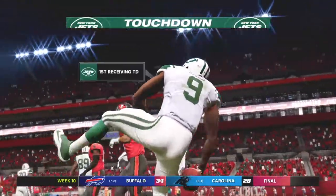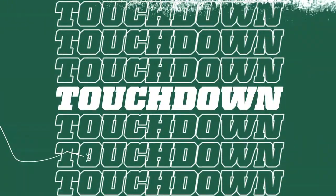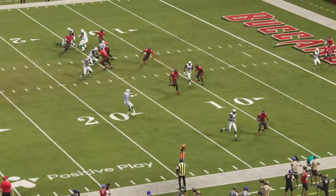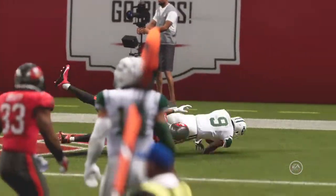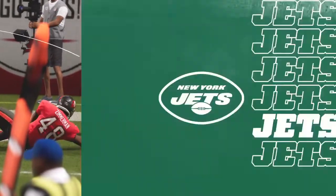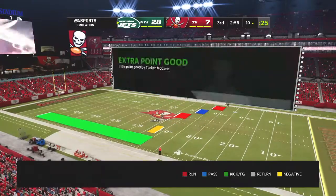Touchdown, Jets. A great effort there. His 6th touchdown of the season. And the Jets capitalize on the short field as they take it in for 6. Always important to get the first score of the second half. Now you start to...